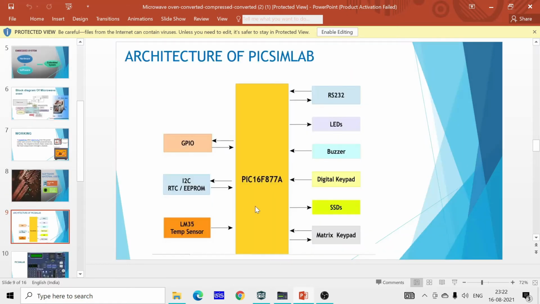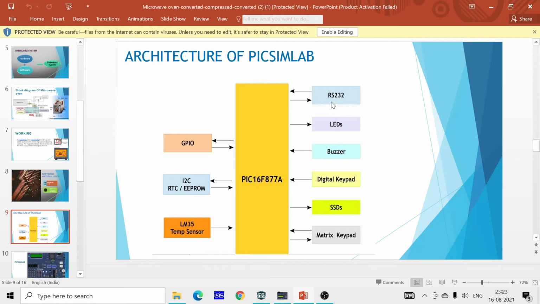That is the architecture of the PICSimLab. To connect every component, we take help from the schematic board and make the architecture of the PICSimLab. Here a lot of pins are connected, unidirectional and bidirectional also.